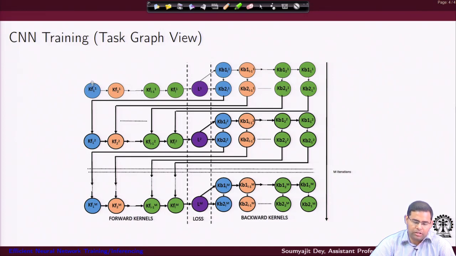So, as you can see, the forward pass kernels kf1, kf2, all of them had a superscript 1. Now we are just changing it to a superscript 2, just to highlight that this is the second iteration over the forward pass. So I have kf12, kf22, like that: convolution followed by pooling, again such sequences, followed by the kernels in the fully connected layer. Then again I go to the loss function kernel for a second time.